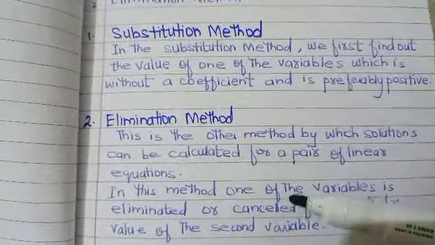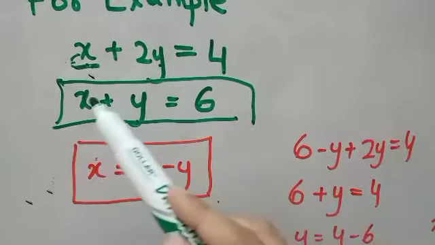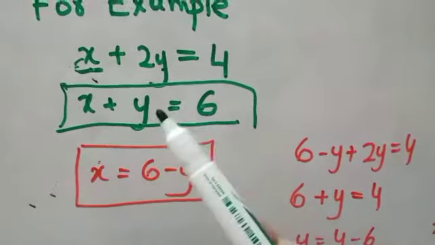Now this is an example. x plus y is equals to 4, x plus y is equals to 6. Now I told you what are the two conditions. If I am finding out the value of this x, what are the two conditions? That this x should be positive. Here, yes, it is positive, and it should be without a coefficient. Yes, it is without a coefficient. So I can find out the value of x from this equation, because in the above equation I can see y is with the coefficient. So it's better that I choose the second equation where x and y both are without coefficient and they are positive as well. So I choose the second equation.